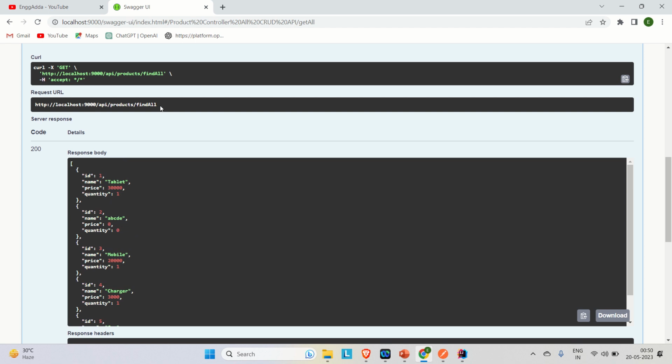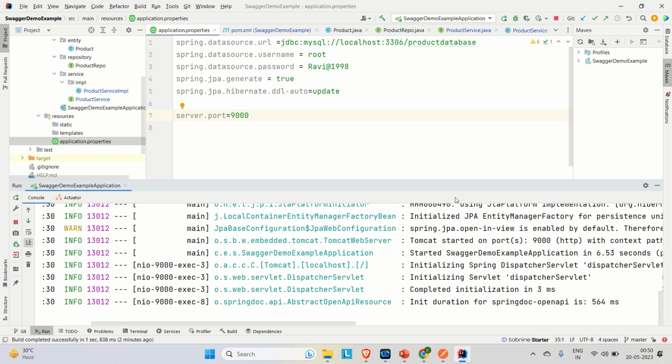Now I just want to put the additional parameters to this find all API. Okay, here you can see I just want to put some additional parameter here, and that parameter could be either mandatory or optional. So with the help of @RequestParam, we can carry it out. Okay, so I'm just going to show you how we can implement it. So let me try to go there, and